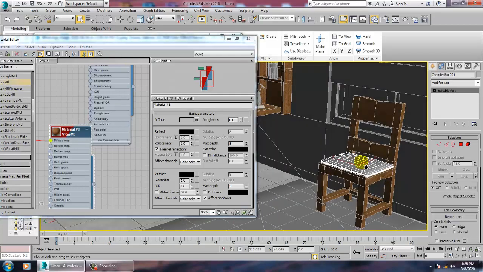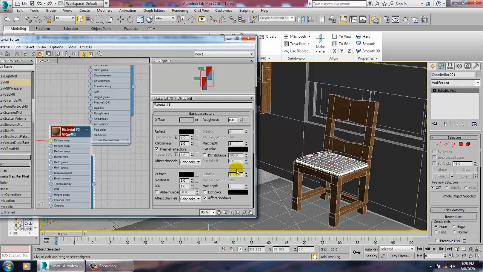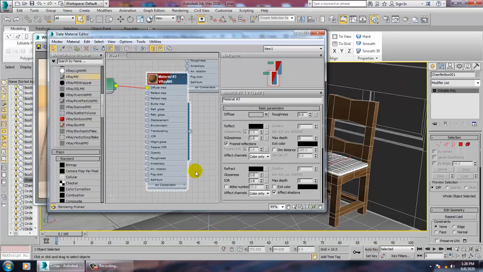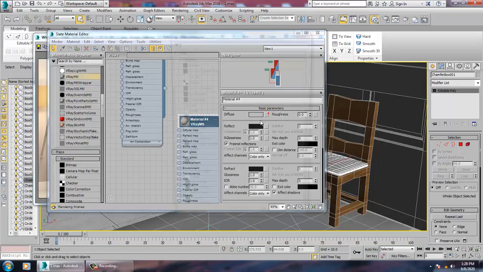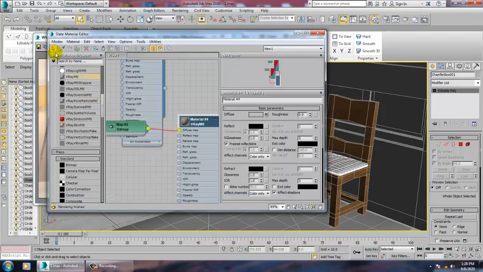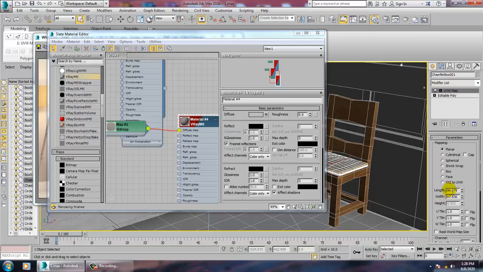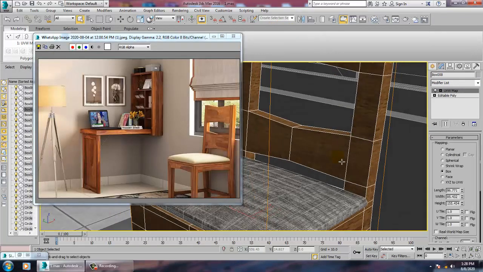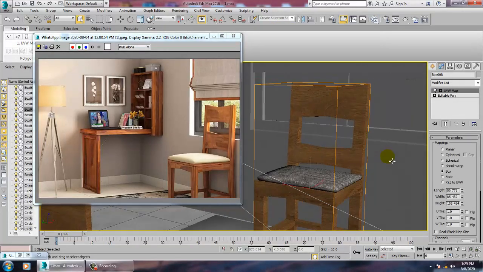I'll just select this part, go into the material, and let's take again a Vray material, and we'll give a fabric texture, go into that, and let's give this fabric texture to it. Go into this UVW map and set it as a box. That's it. Alright. So once you have set this over here in this way,